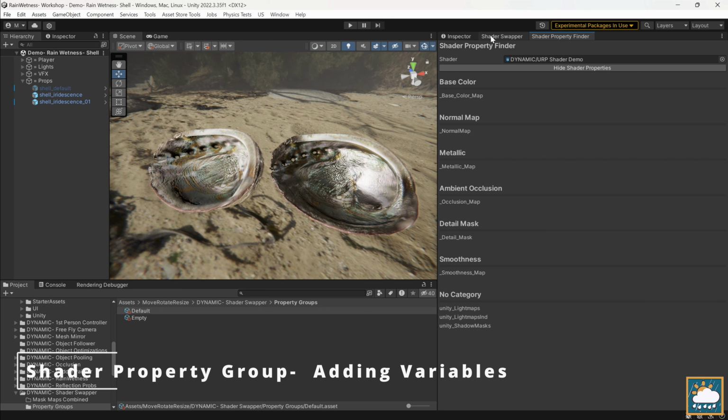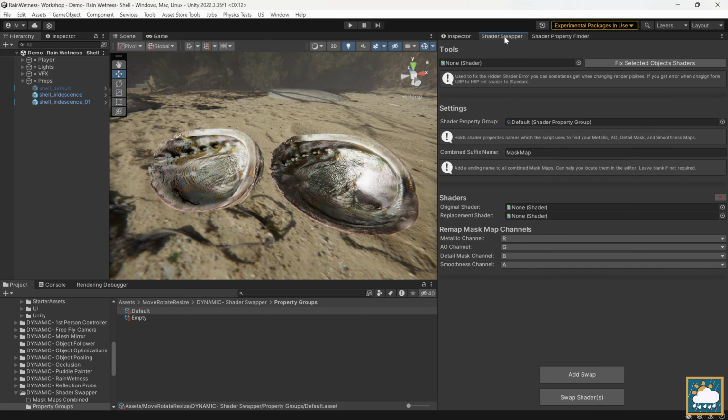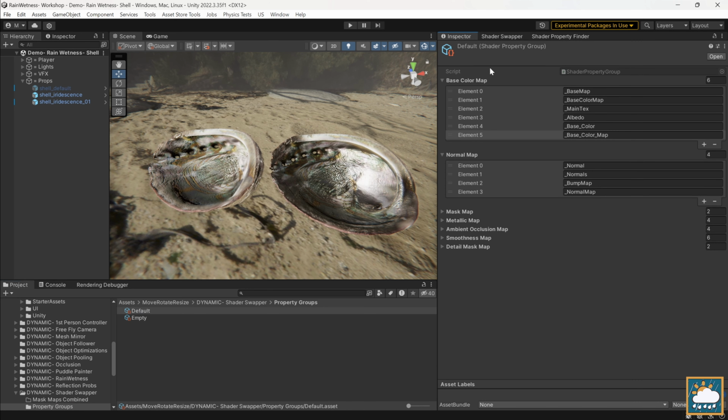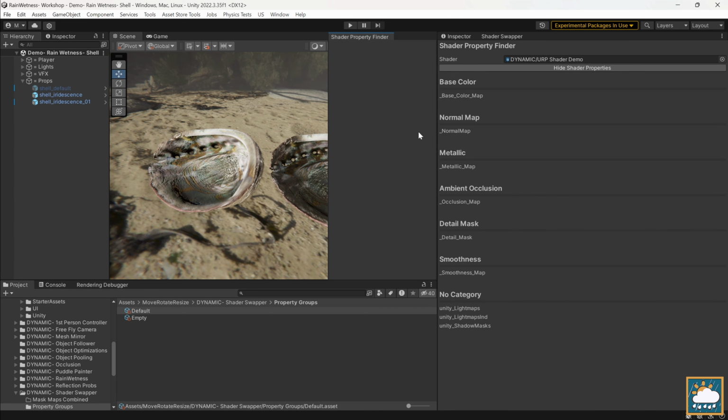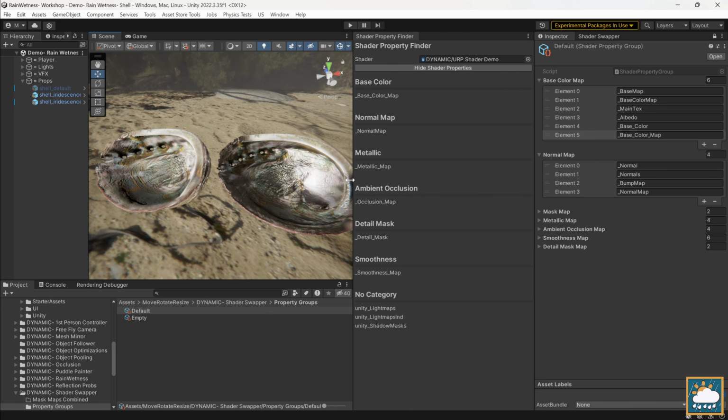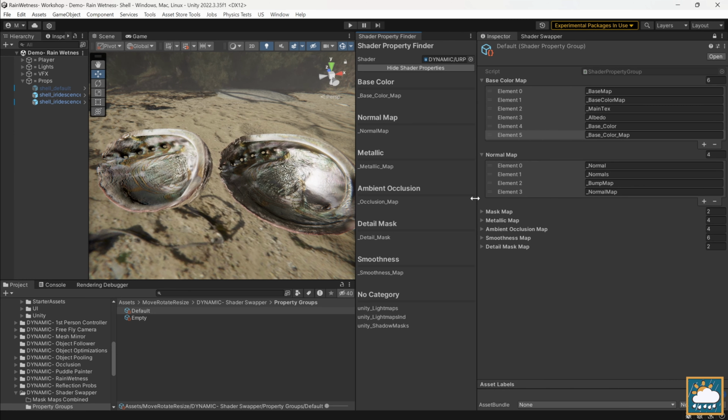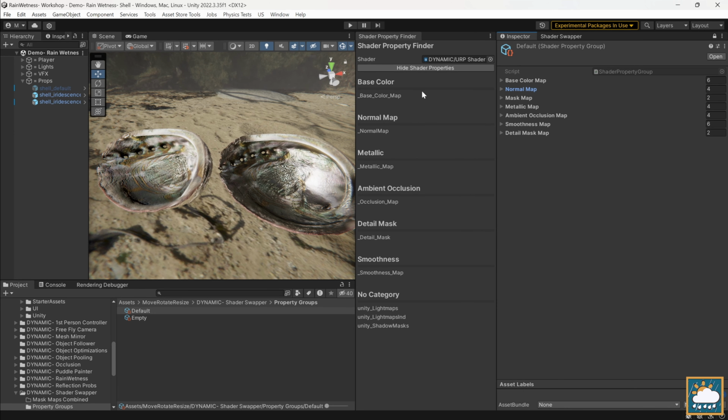your shader. So we'll go back over to Shader Swapper and we'll click on the shader property group, click on that, go over here to your project window, click on that again, and then now you go to inspector and you will lock it. So now what we'll do is drag the shader property finder over here. We'll move these over. So now what you can do is use the shader property finder and add the found properties to the scriptable